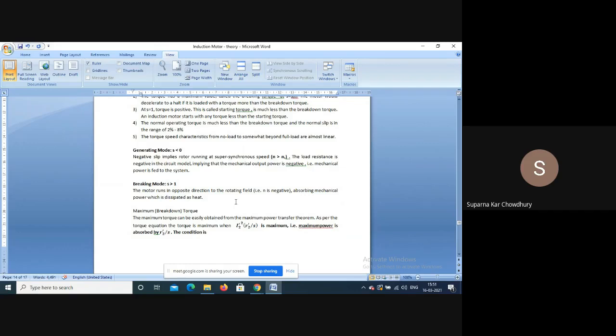But the rotor speed is a mechanical quantity, so the rotor will go on rotating in the original direction. So the rotor speed and the rotating magnetic field speed will be in two different directions. So braking torque is developed, the mechanical power is dissipated as heat, and the motor quickly stops to rest. This is one of the braking methods of induction motor. Obviously, if we just disconnect, the motor will stop. But if we interchange two of the supply terminals, then the motor will stop quicker. In some applications, it might be required. So that is braking mode for S greater than 1.